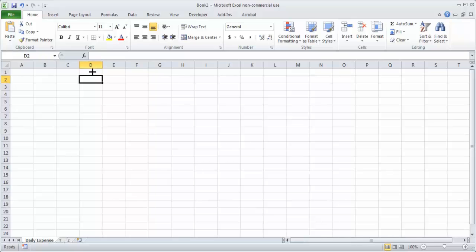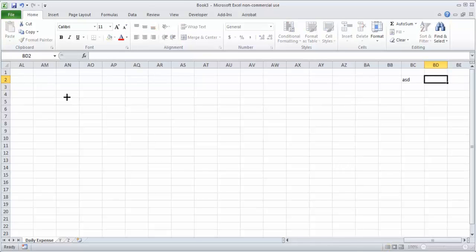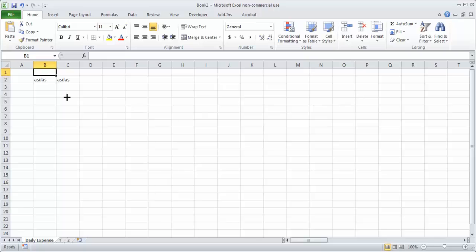So you can get the idea from these columns. You have moved to W, AP, BI, and you are moving back by pressing the Page Up buttons. These are very useful when you have a large data set and you want to view it. So let's say you have some values over here, and then you have values over here. So how do you move? It will be very tedious if you move like this. So what Excel allows you to do is move by pressing the Alt button, and you can see you can move much faster.